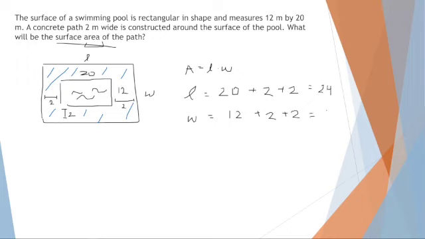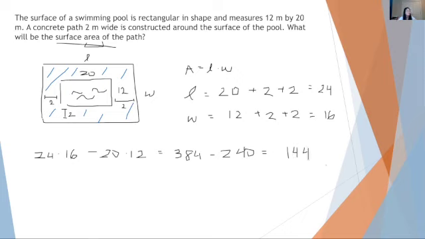Since the path goes all the way around the swimming pool, you have to add 2 times how wide that is. So for this big area, we have 24 times 16. And then to find the area of the blue region, you just subtract the area of the swimming pool, which is 20 times 12. 24 times 16 is 384, and then you minus 20 times 12, so 240. And that's